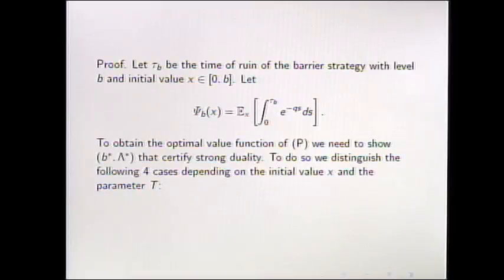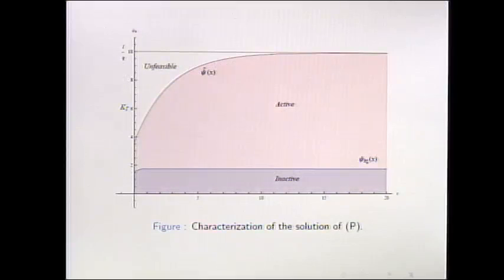So I start with an initial capital X. And I also have a t, which is the parameter of the right-hand side of the constraint. So given x and t, I can find what is x here, what is kt, and find the point where these 2 lines intersect. For example, if they intersect in this region, that means that the constraint is not active. So the strategy with that constraint is optimal.